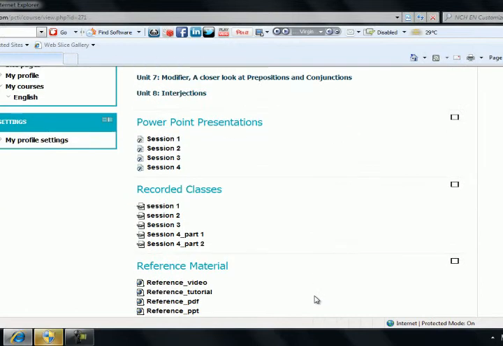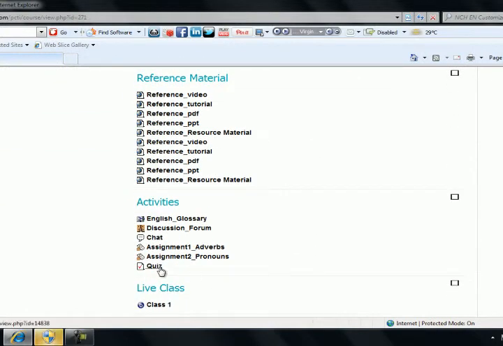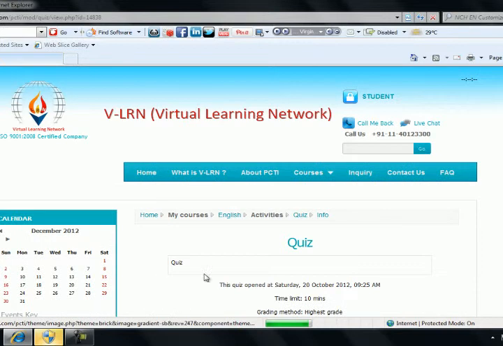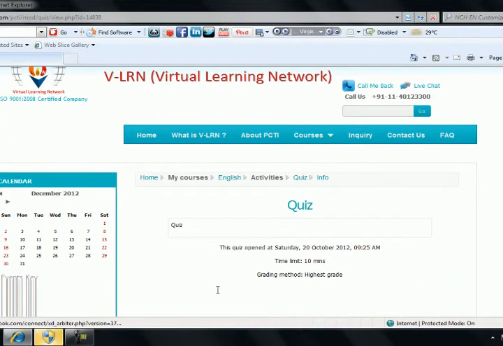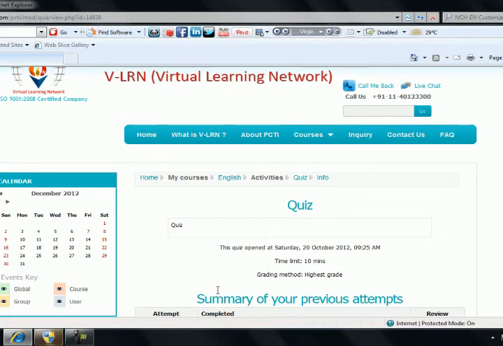Scroll it down further. There is an icon referred to as quiz. Now this is an icon which will help you entering into a test and assessing your understanding and the retention of the topics which are under discussions. Again, if you want to come back to the original screen, you have to press and click on the course icon.